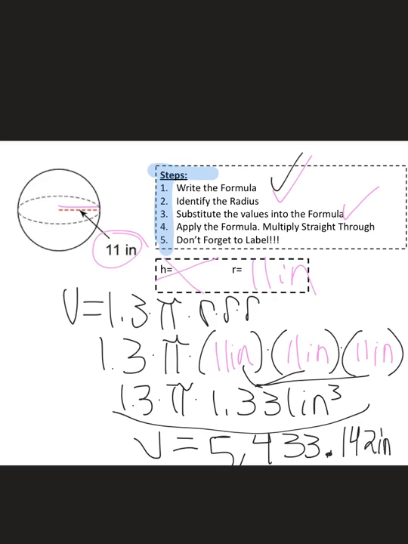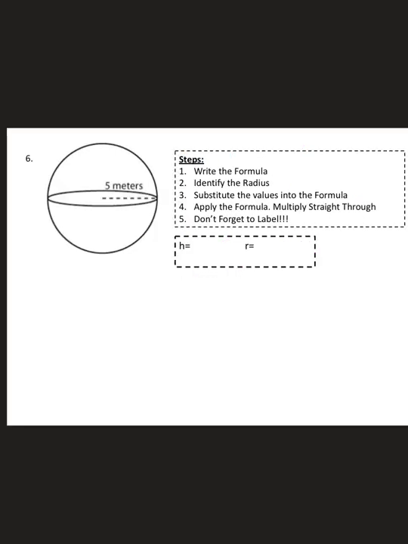5,433.142 inches cubed. So the total volume of this sphere is 5,433.142 inches cubed. Alright, so now on your own, I want you to try to complete problems 2, 4, and